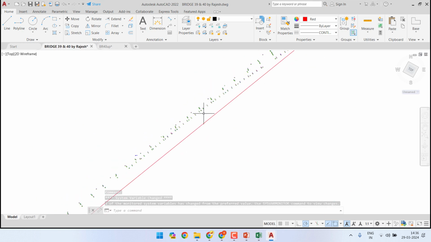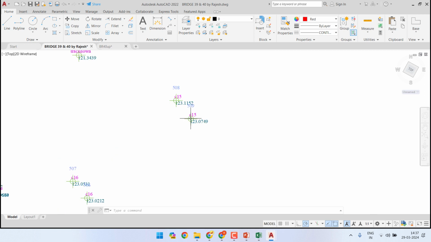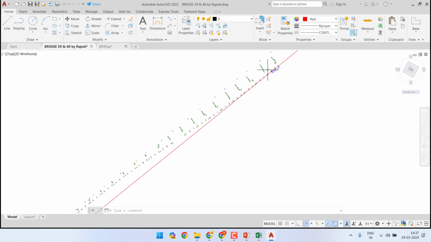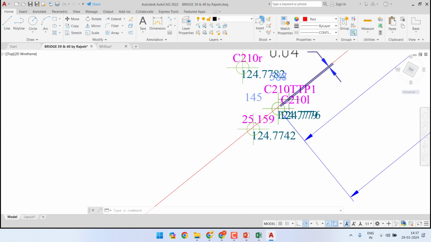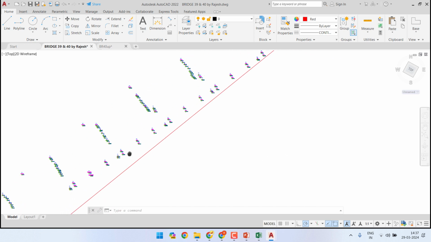For the time being, we will assume that there is no restriction on the amount of slewing that we can do. However, practically that may not be the case because we have OHE locations and there is a critical distance. The distance of the OHE mast from track center should not be less than certain parameters, which could be 2.8 meters or 3 meters. So leaving that aside, let us first try to draw a reverse curve which starts here, that is to say TTP1, the start is the same and then the ending is also the same,